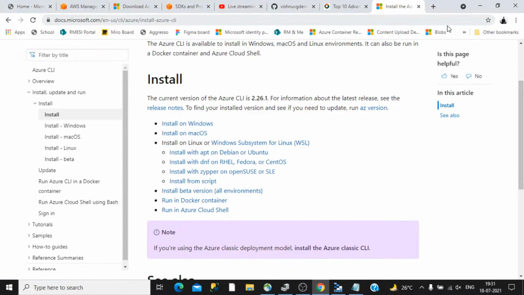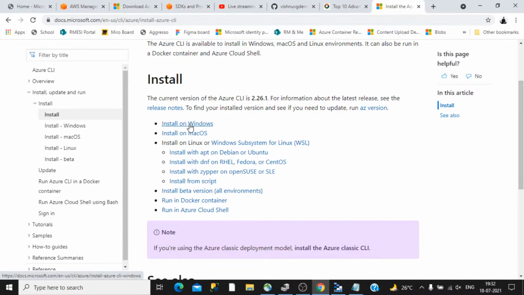We have seen that through the graphical interface we can interact. Why are we interacting? We want to spin up a resource, or scale a resource up or down, or do some other things in the cloud. One way is graphical and another way is through the Azure CLI. If I say that in a generic way, a command line interface can be used to connect to Azure or that particular cloud vendor.